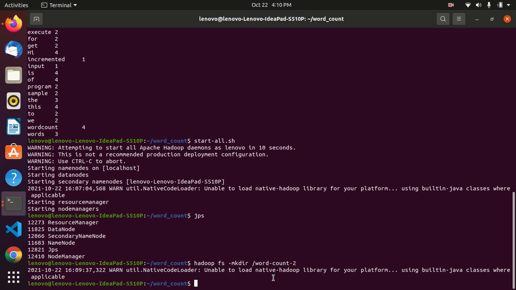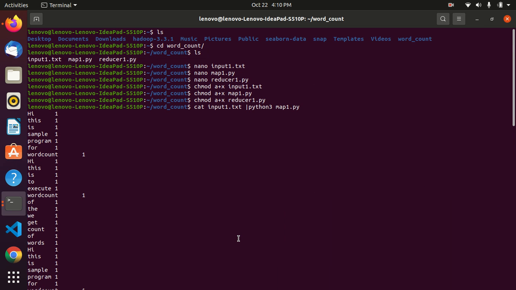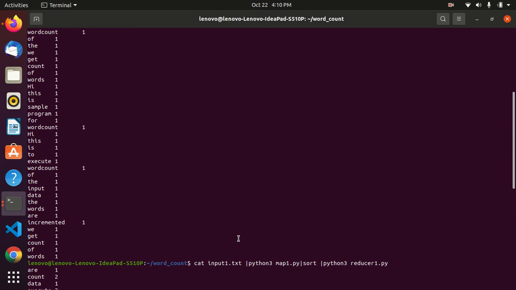file into the Hadoop, that input.txt file into the Hadoop by using the put command. For the put command we are already in the directory and we have the files, so there is no need of giving any path here. So we directly use the command as hadoop fs -put, and our file name is input1.txt.